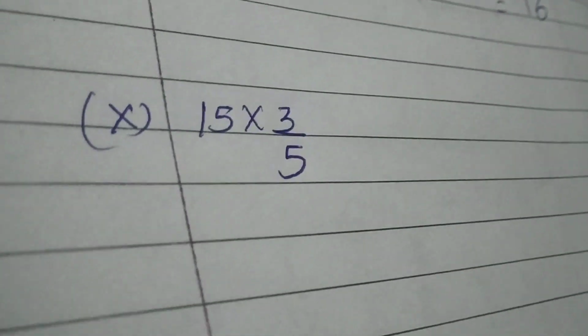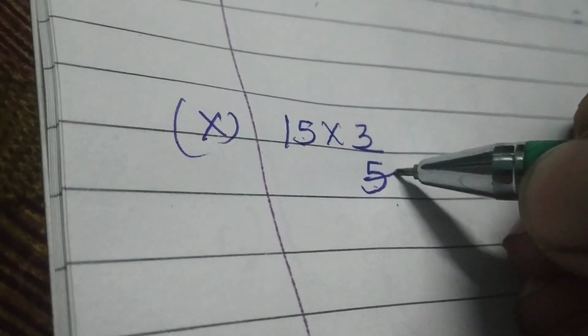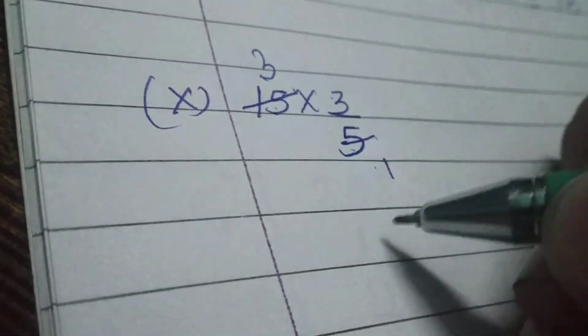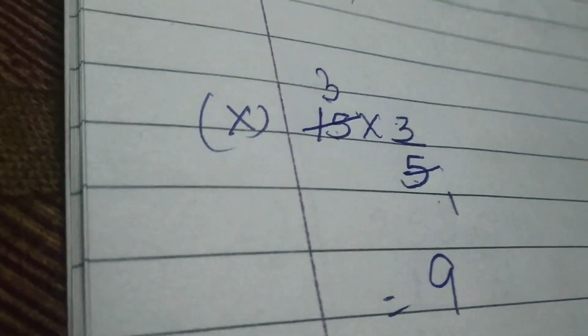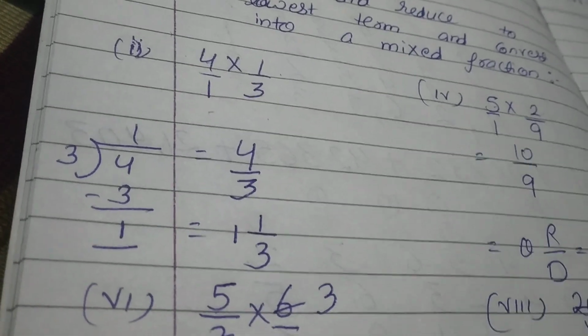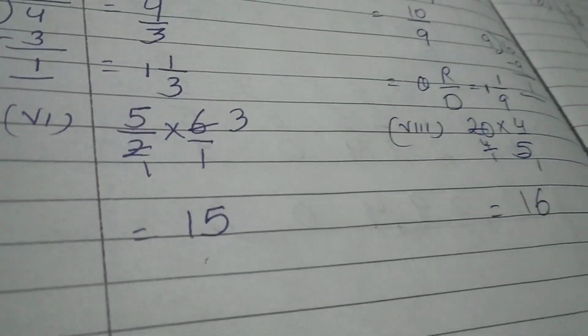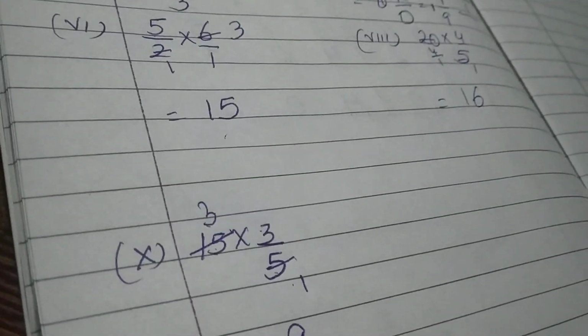Then we have the last part, class, in which we can do the cutting of 5 and 15. In the table of 5 it comes at 1 and 15 comes at 3. So 3 threes are 9. So 9 is basically the answer. I have done 5 parts for you: 2nd, 4th, 6th, 8th and 10th. So all the odd parts have become your homework.